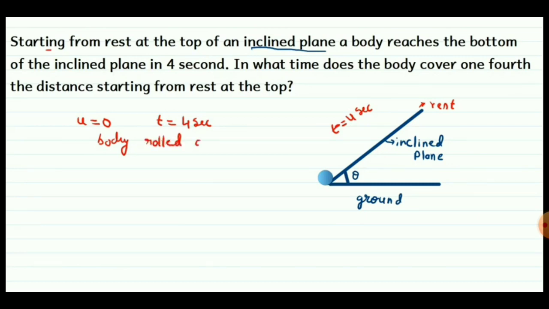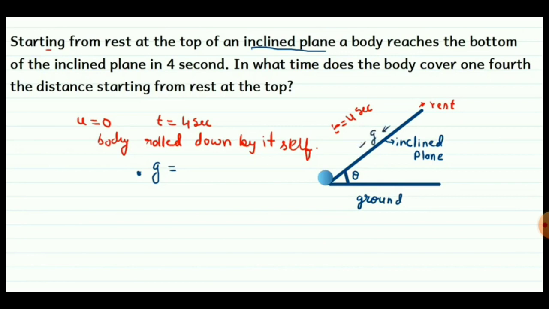Now student, you can see here the ball was rolling down. If the ball was rolling down by itself, who is applying force? Actually, under the acceleration due to gravity, the object rolled down by itself. That means acceleration due to gravity is working behind the rolling down of the ball. So the acceleration of the ball is equal to g.